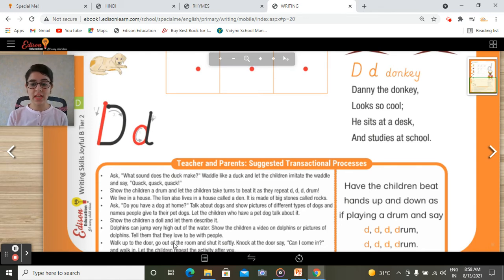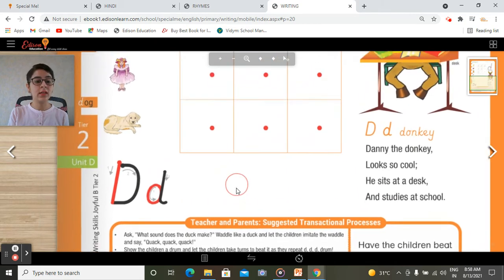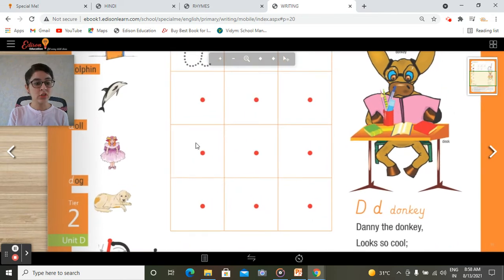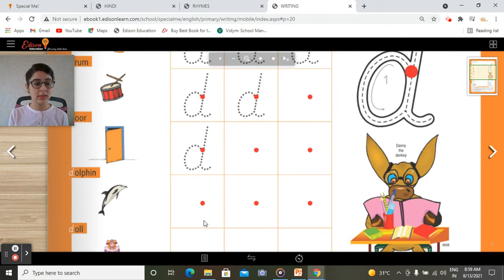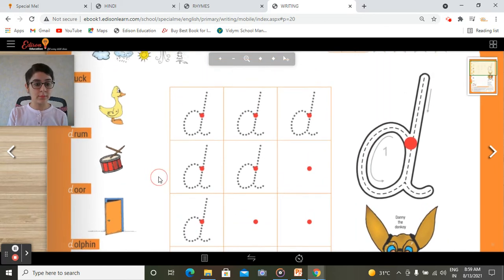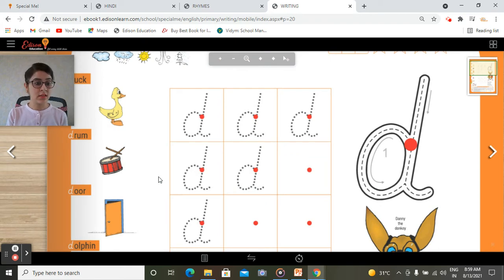Have the children beat their hands up and down as if playing a drum. They have to beat their hands up and down and say, D the drum, D the dog, D the donkey, D the doll, D the dolphin, D the door, D the drum, D the duck.